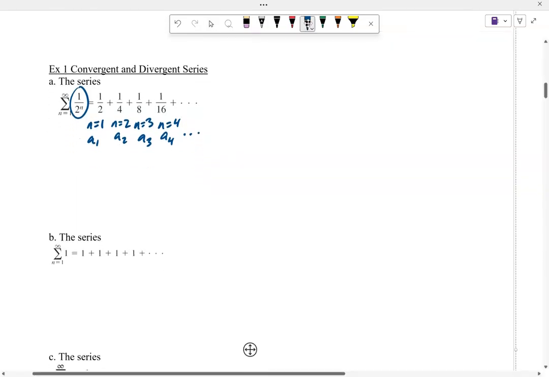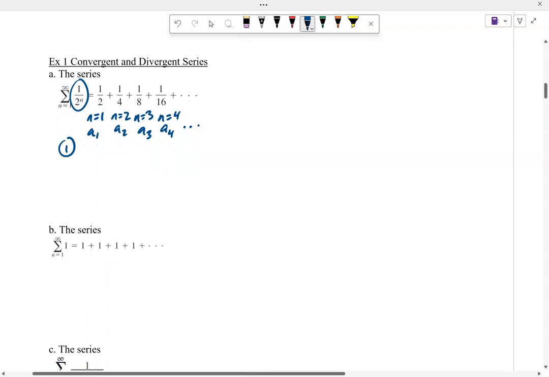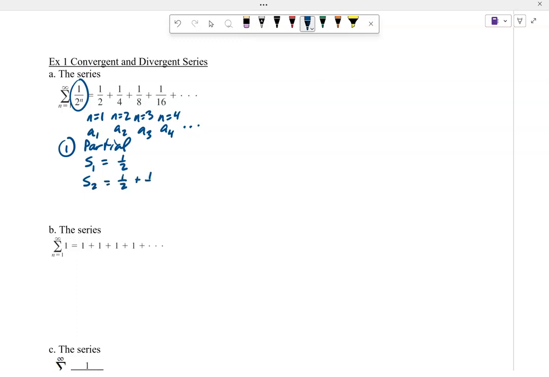And so if we were to show all these partial sums, if we had just one term, it would just be the half. If we summed up two terms, we would take the first two terms. There's the first term, there's the second term. So I get 3/4 is the sum of two terms. If I was summing up three terms, I'd have a half plus a fourth plus an eighth, in other words, 7/8. If I sum up four terms,